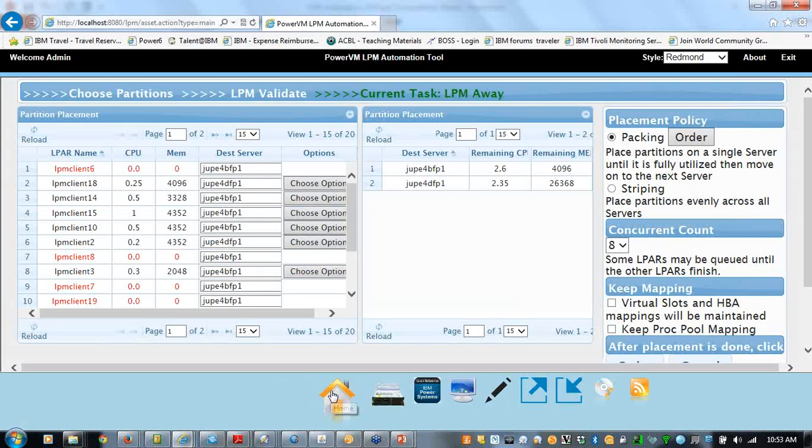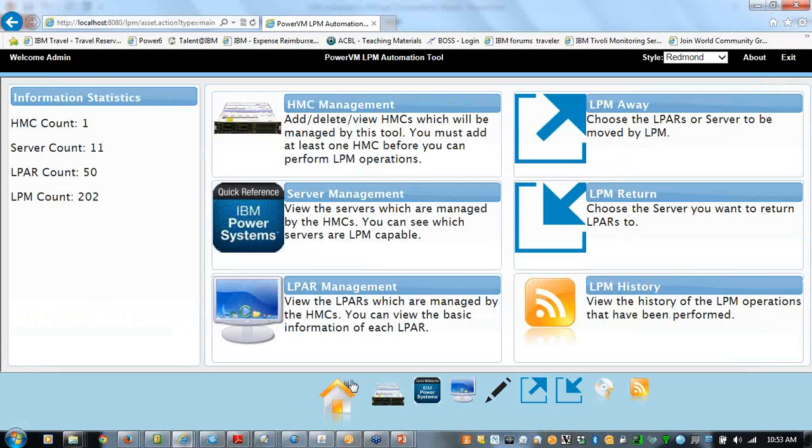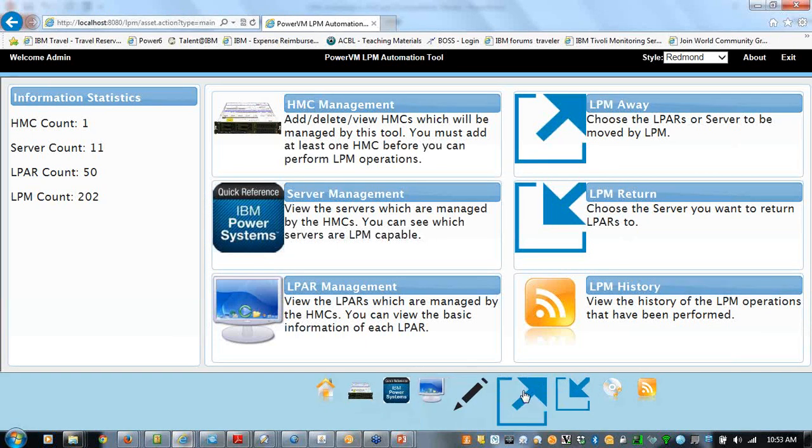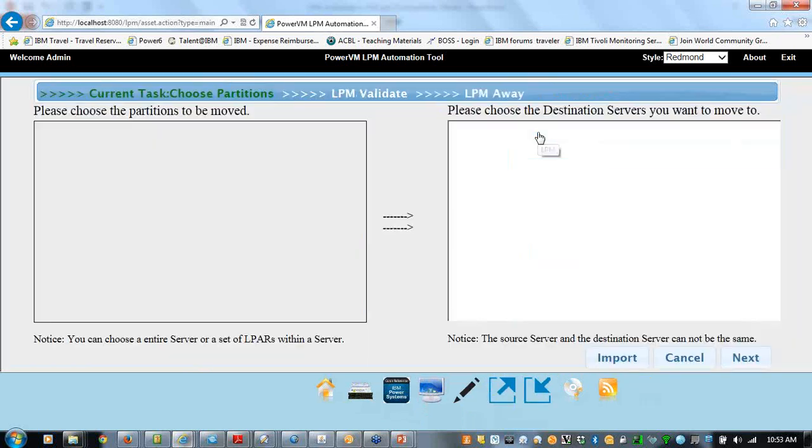So this is the tool, up and running here. I said we're going to do LPM away, so I need to click LPM away down here, or up here. Now this is the same screen that we saw in the slide deck. On the left, I need to choose which partitions I want to have moved.